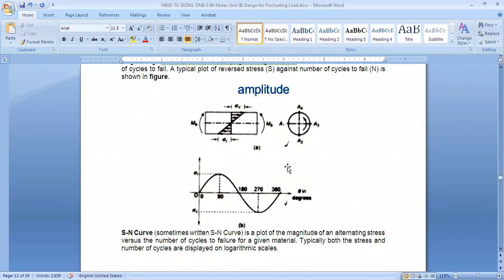You have a shaft which has 4 points: A1, A2, A3, A4, right? Now if we are putting a load on it at the center. The load may be a shaft or pulley, tension in the pulley. Whenever you try rotating the gear or shaft, you are putting a load on it, right? Basically torque will be there, because torque into distance is basically load. So now A1 and A3, these 2 points are on the neutral axis, so they will not have any kind of stress. But the topmost A4 will be in compression, and A2 will be in tension, right? Are you getting this?